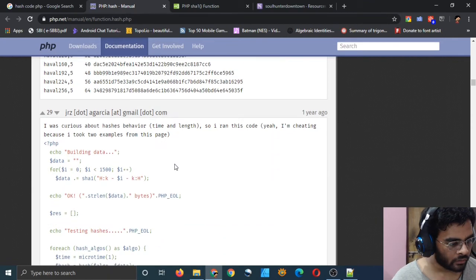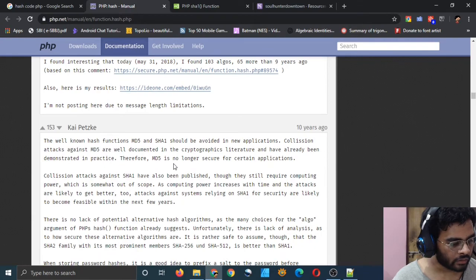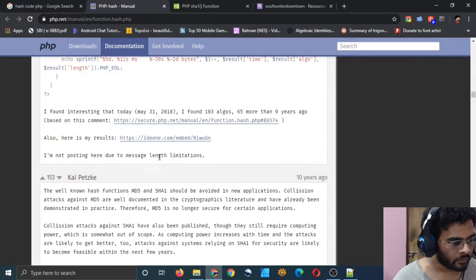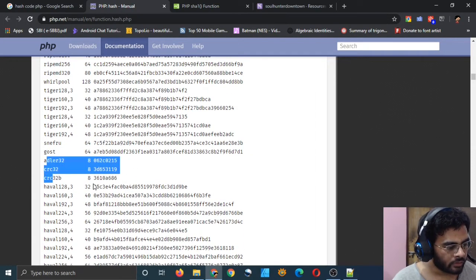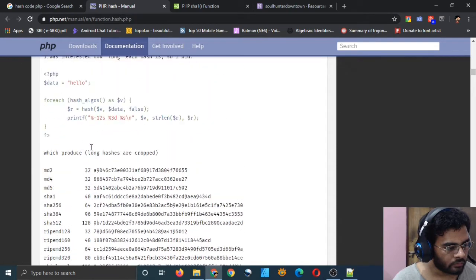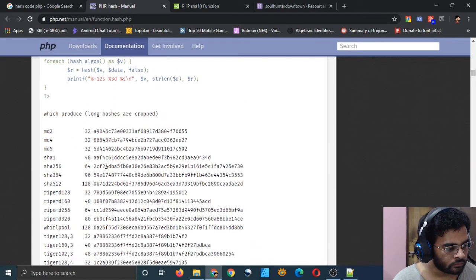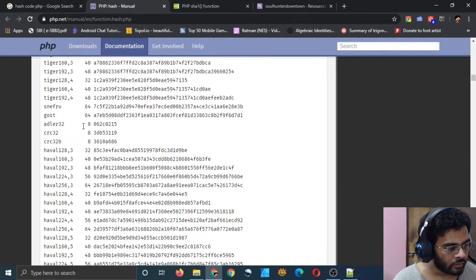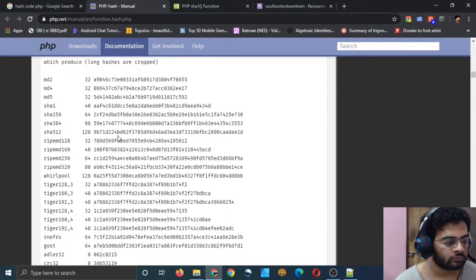I think you cannot specify the number of characters which your algorithm will be using, but I can see that these three algorithms only produce 8 characters of hash code.